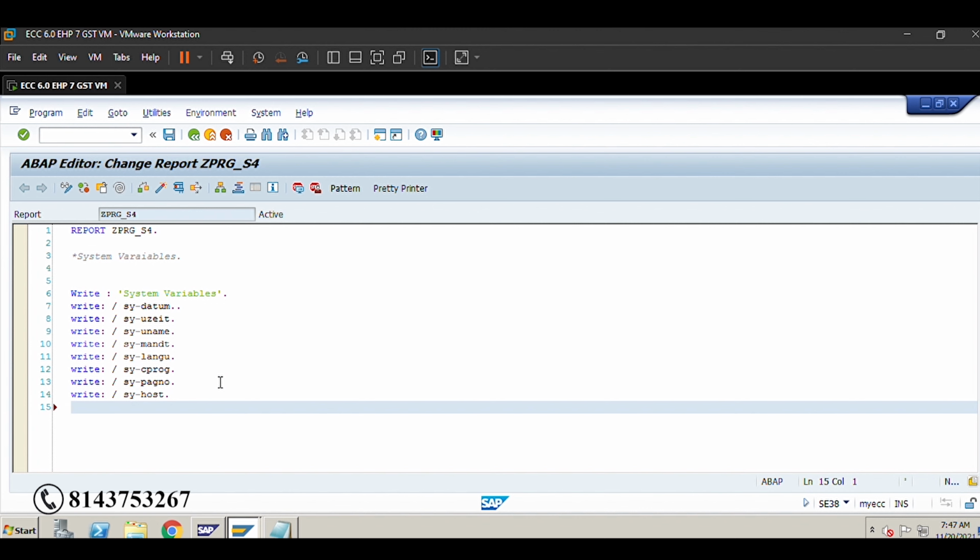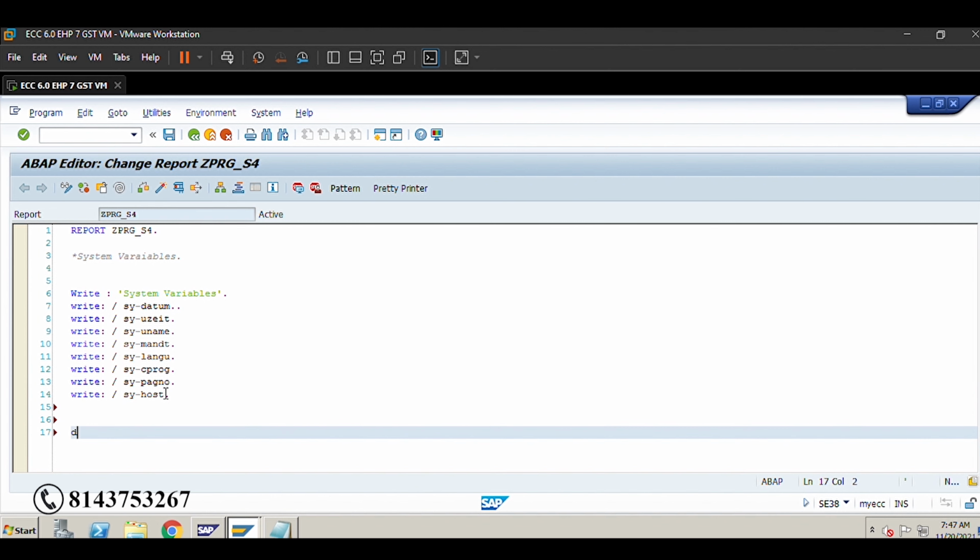So sy-index and sy-dbcnt, we can utilize them by defining a database table in our program. Okay. So now we can't see this sy-index and sy-tabix. So we can see sy-subrc.